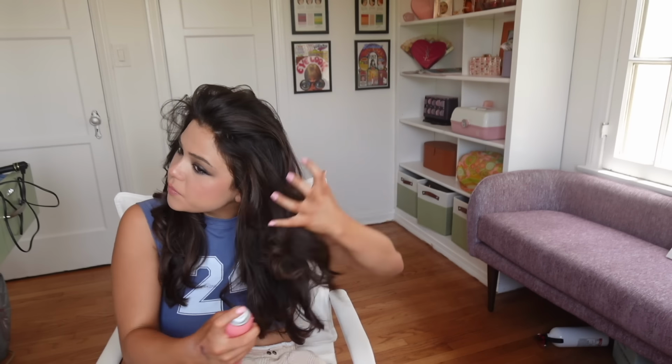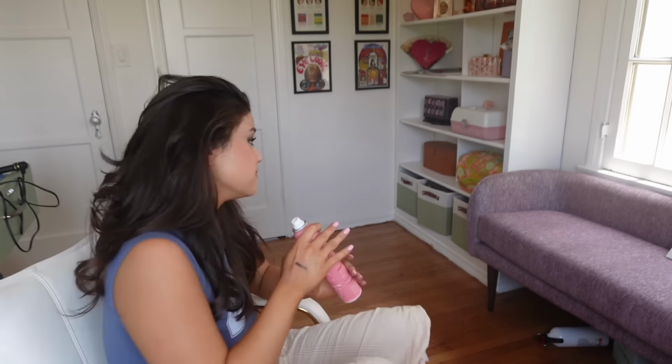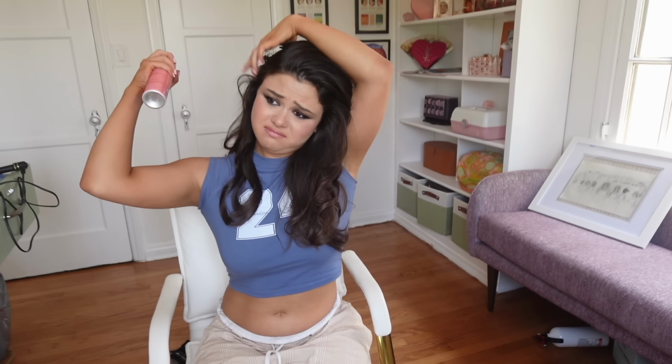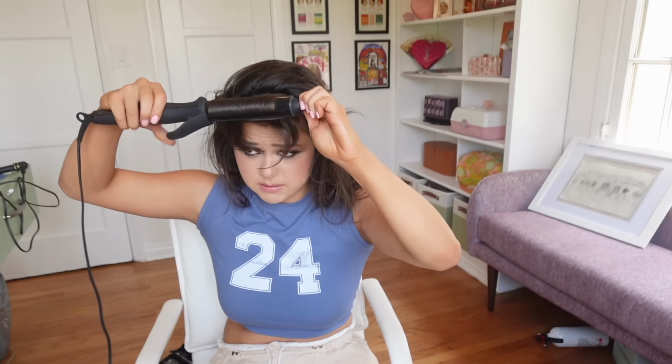I've added hairspray. Gonna add some texture spray. This is messy, this is tousled, this is... Seriously, crack a window. This is bombshell, so, you know, do that. Next, we're gonna section out the bang area. We're gonna curl that forward because bangs in the 90s were curled forward. This is not how you're supposed to do it, but I don't even give a fuck. Okay,